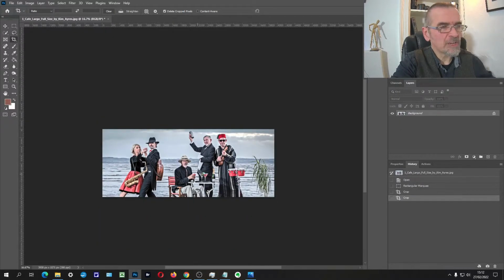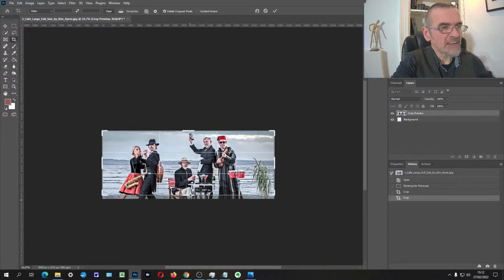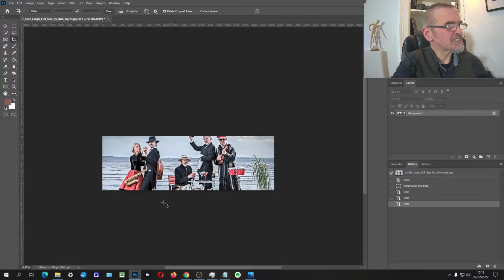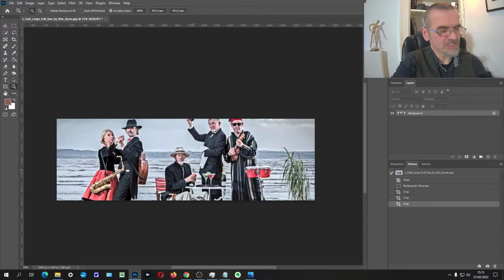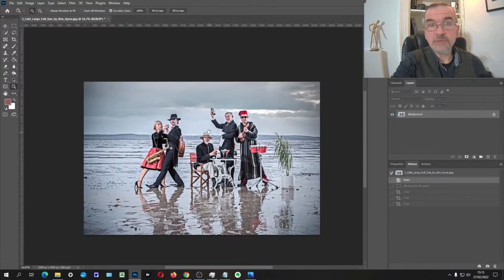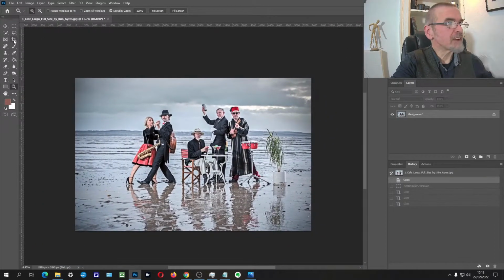I've chopped quite a bit off, and in fact some banners are even narrower than that, in which case I end up really cropping it, and we've lost it. We've definitely lost something at that point. Whereas if we go back to the original, where the photo was taken with more space around it, then